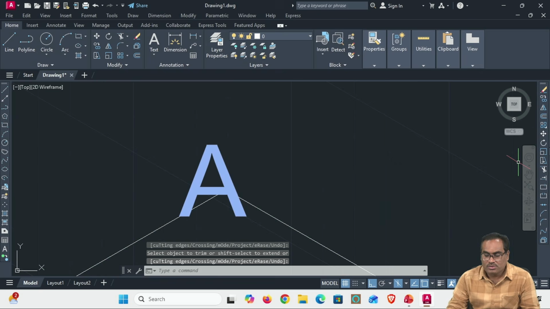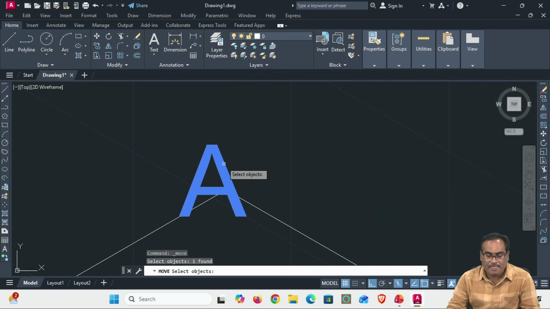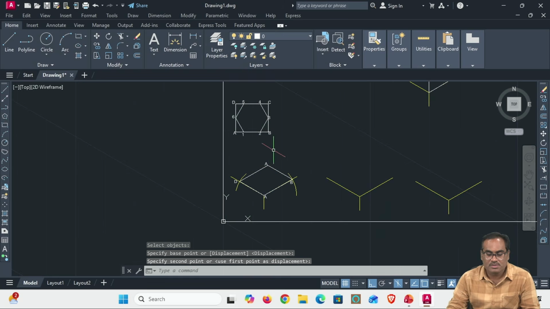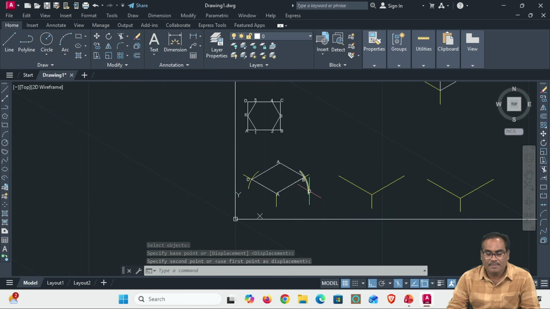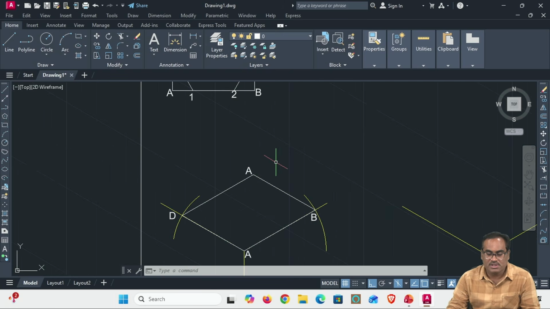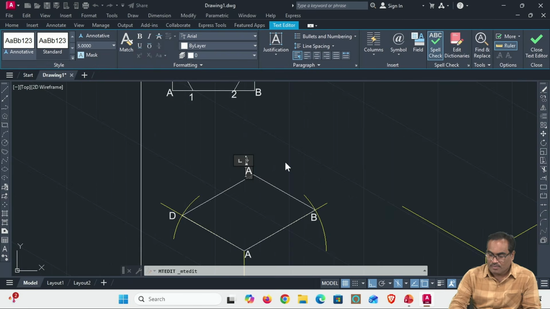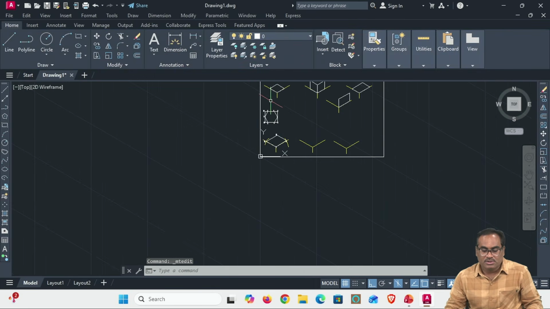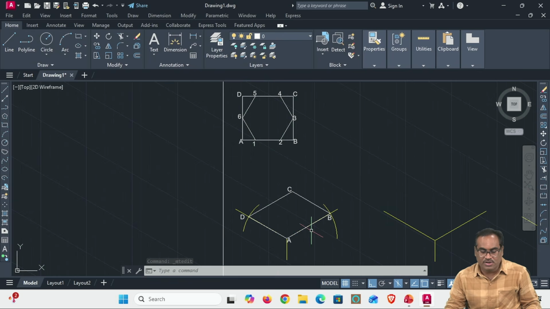Okay, right. So I will move this. What is this? A, B, this will become a C, this is C. So I just transformed these lengths of A, B, C, D into isometric axis. Okay, what I did first, I